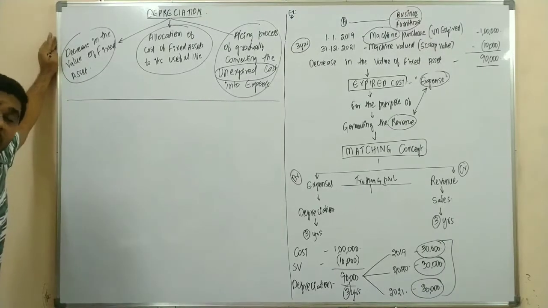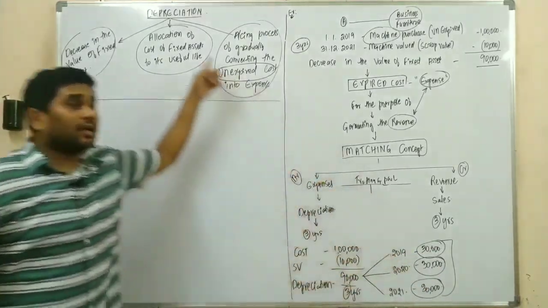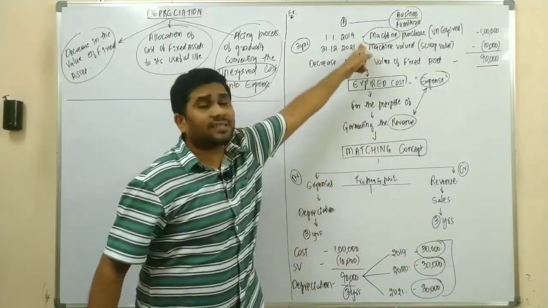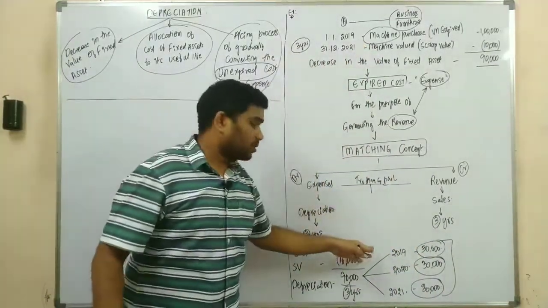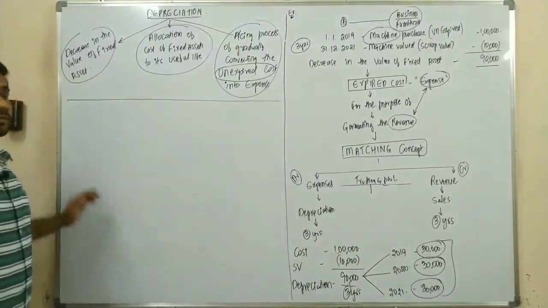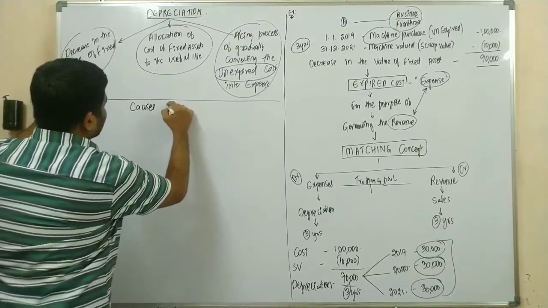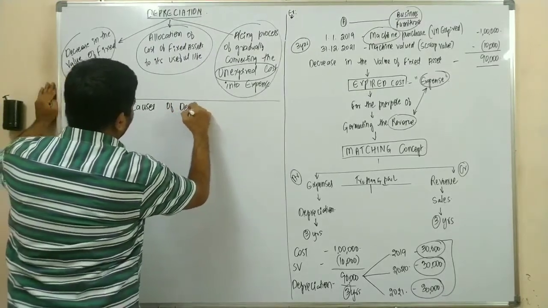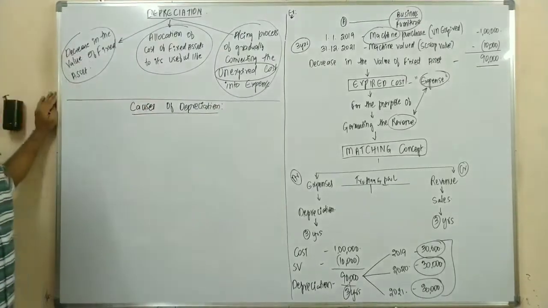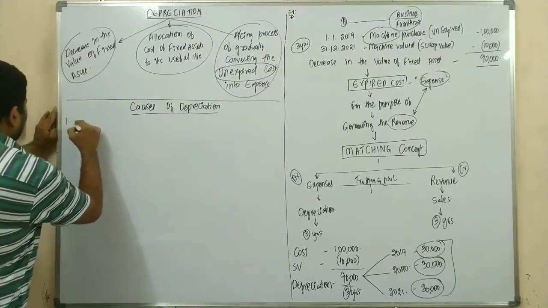The systematic allocation of the depreciable asset in a systematic order is called depreciation. Now, the causes of depreciation. So what are the causes for the depreciation? Your first cause would be